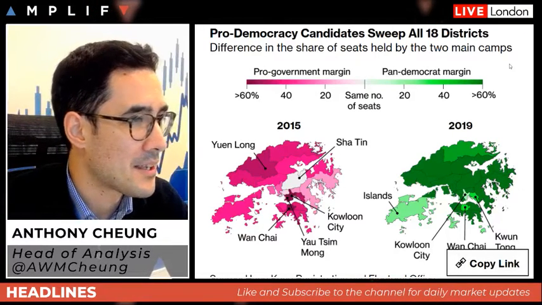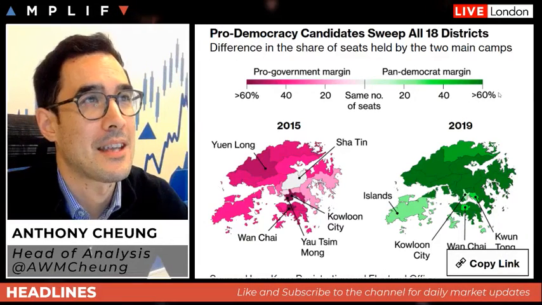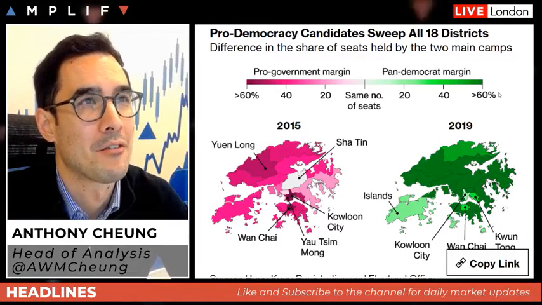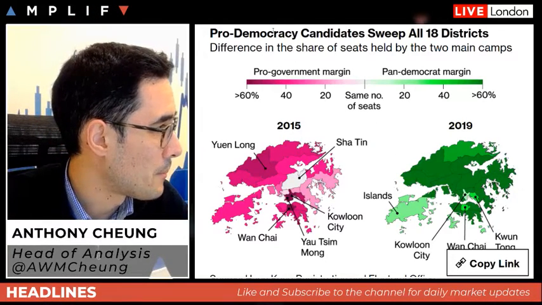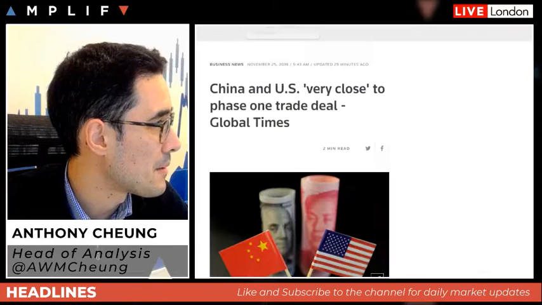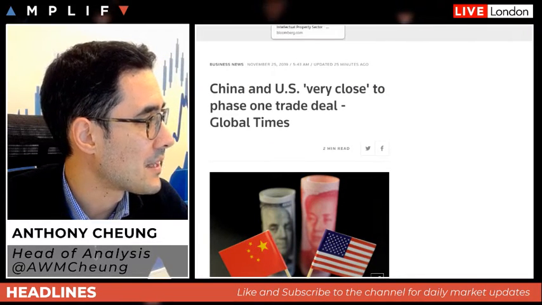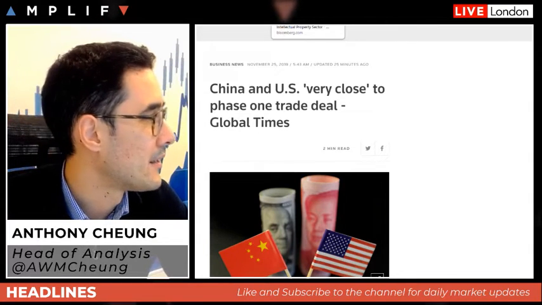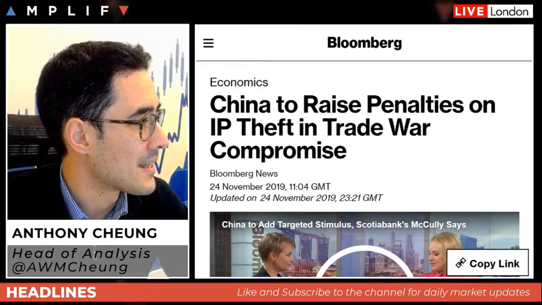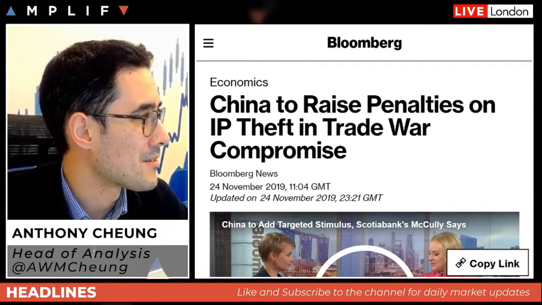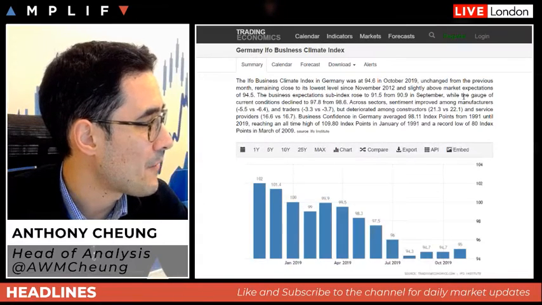And so this really played out reflective of that democratic right that Hong Kong feels it wants to reflect. So that's one positive thing. As I said, the trade wars have been playing out positively. China and the US are very close to a phase one deal, is what the Chinese were saying overnight. They've also talked about being much more stringent on intellectual property theft, one of the key components of getting a deal over the line.